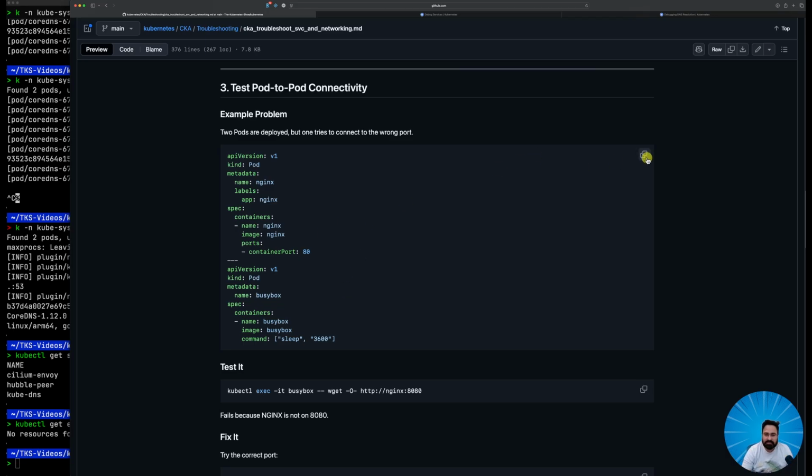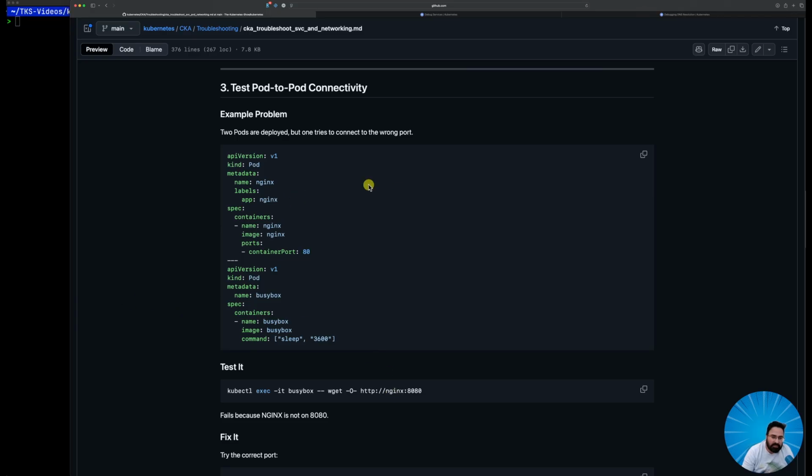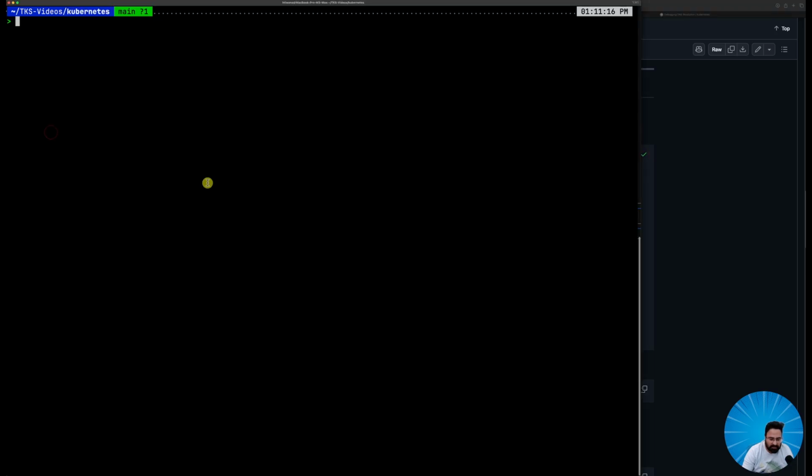Now let's try to connect, right? So what it shows here is you are running a container on port 80, and then you created another pod with the busybox image. You got in busybox and are trying to run wget, which is the same as curl, but see the problem. You are trying to connect to nginx on port 8080, but it is running on port 80, right? That's the problem. Let's try to modify this and see if we can